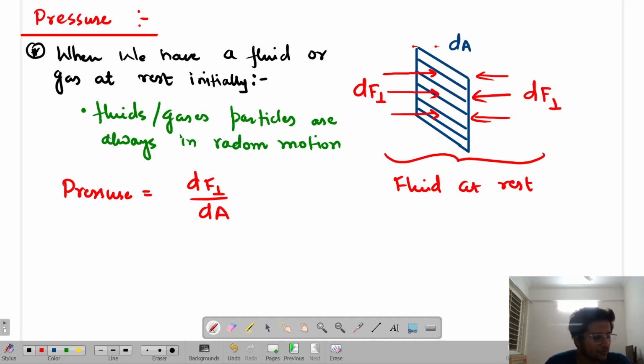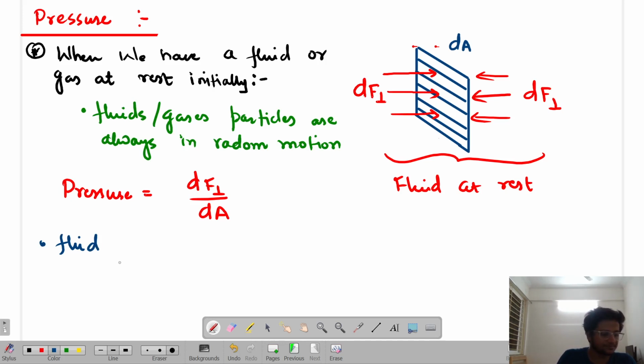Because we know that the fluid is always trying to flow, isn't it? But we are confining it. So if we are confining it, it must apply some kind of force which must be balanced. But that also depends upon the area, length of the surface on which the fluid is present. Are you able to get me or not? Is that clear? So basically, that's how we define the pressure as force perpendicular, because we know that fluid has,